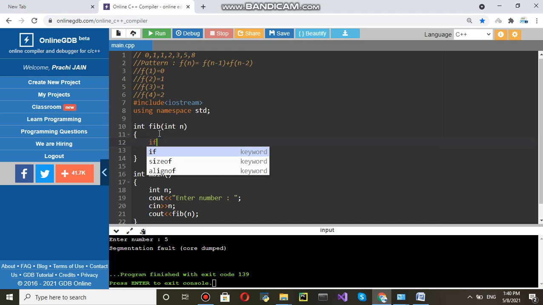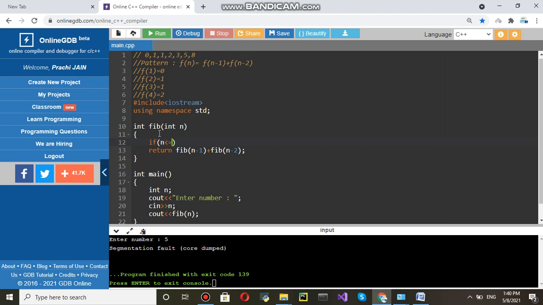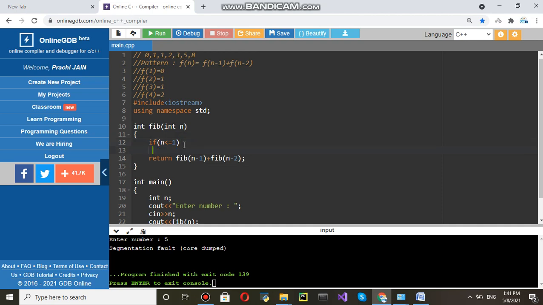Then you write if n is less than or equal to 1, then return n.